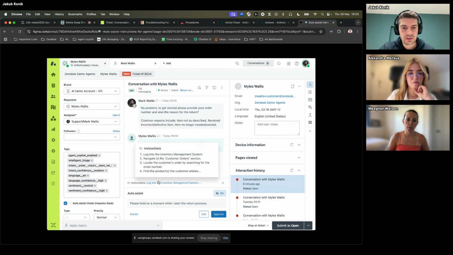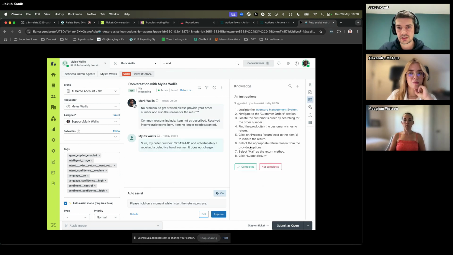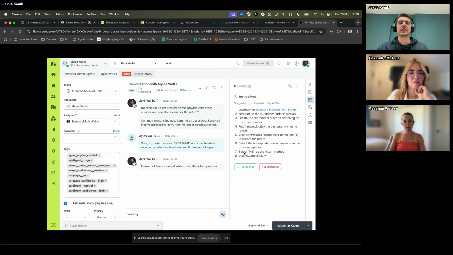So you can see this element with instructions, and agent can hover over it to view instructions in the thumbnail, but they can also click on it, and that will actually pull up the whole instruction set and open it in the knowledge panel. So as an agent, I can first approve this message. It says, please hold on a moment while I'll start the return process. So I'll approve it. And here I can just go through these actions as an agent and either complete or not complete them.